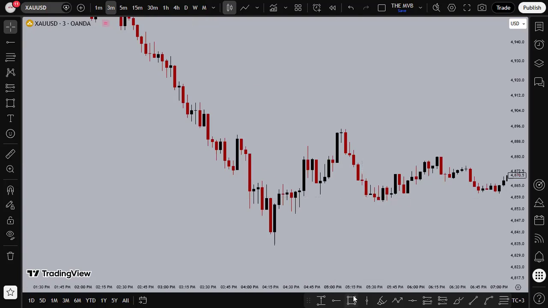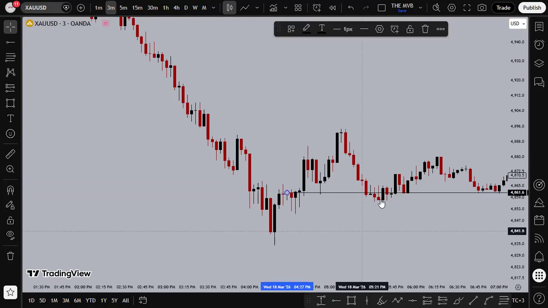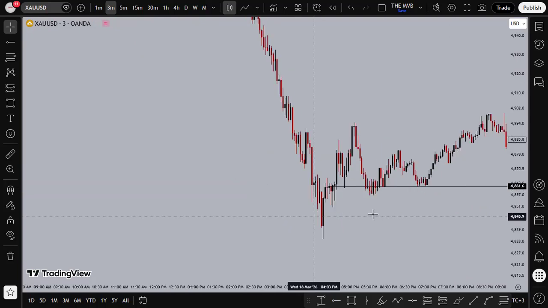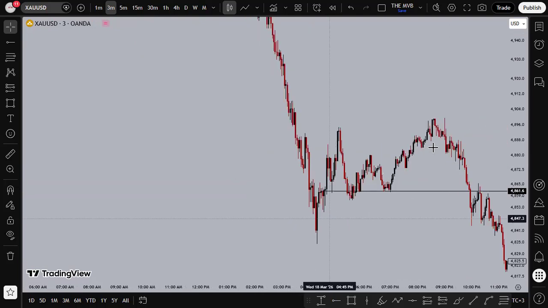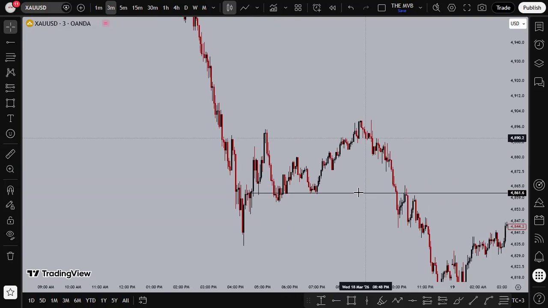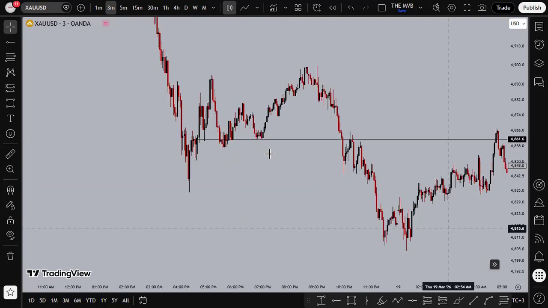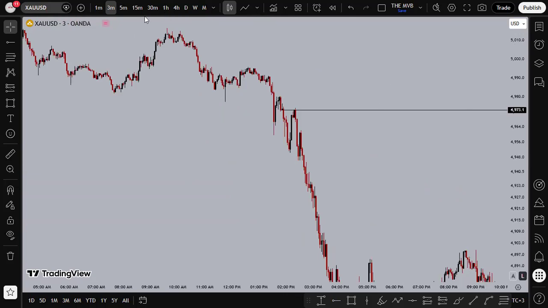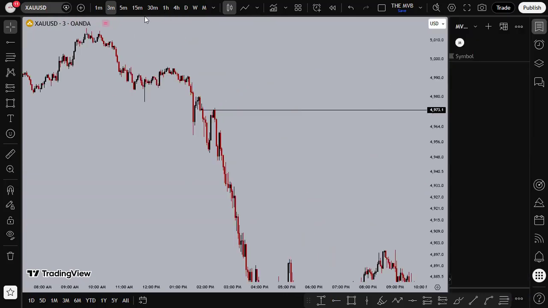So you can see another one here. After that shift there, we have this formation inside. We had that activation. And then the market went for a few pips and then we were stopped out. That one was the first entry. And actually I took another entry on